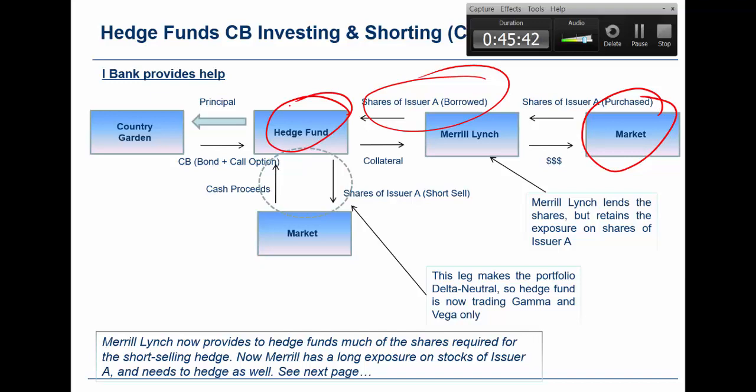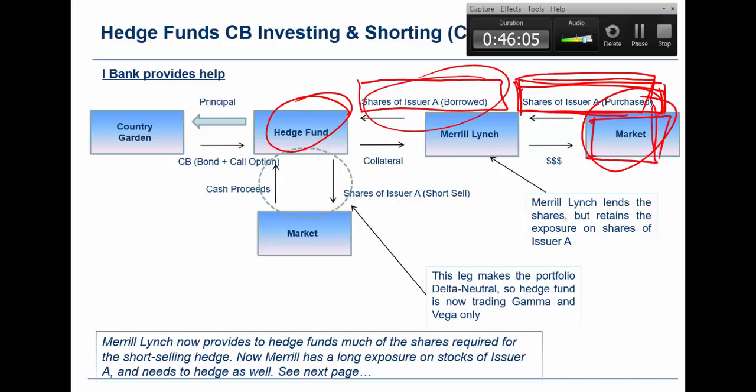Okay, now there's a problem. If Merrill Lynch is going to buy all these shares, Merrill Lynch will have an exposure. Merrill Lynch will be saying, well, why should I take the risk of buying all these shares? Here they are just lending, they're not selling. So when you buy these shares from the market, you are running the risk of Country Garden's share price, okay? So they did that,